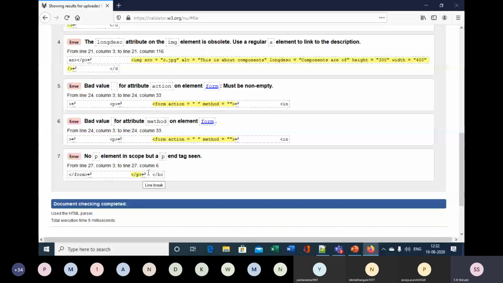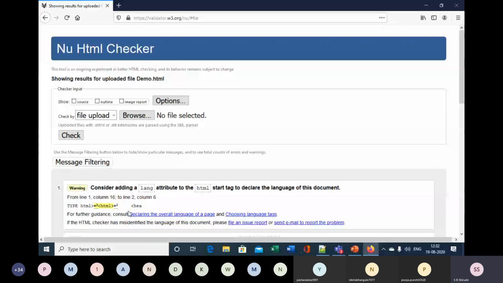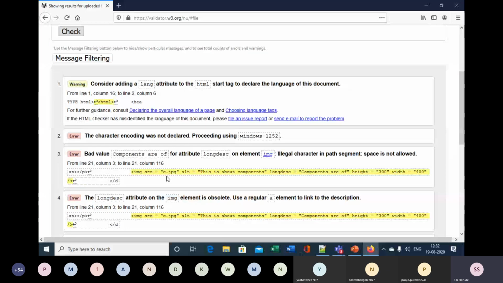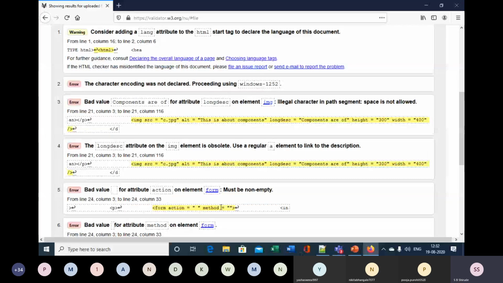And now if I resolve these errors and upload it once again, I can get that everything is correct and then your file is valid. So at this time that particular file is not valid for reasons like this: somewhere we have not put the values, for example for action and for this particular method that we have not inserted. So like this some things we have not inserted correctly, and therefore it is giving us some warnings and errors. So this way one can make use of this service, which is W3C's markup validation service.